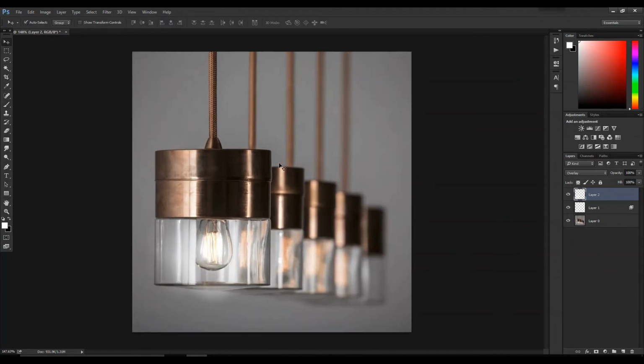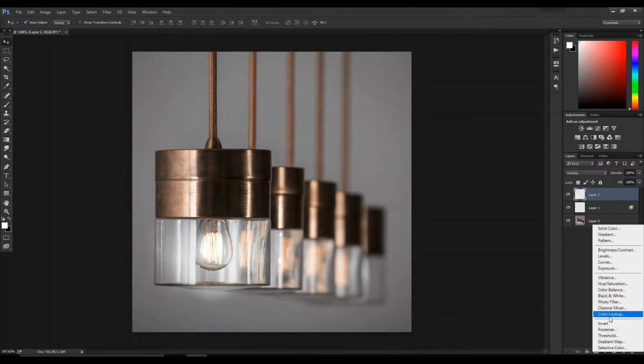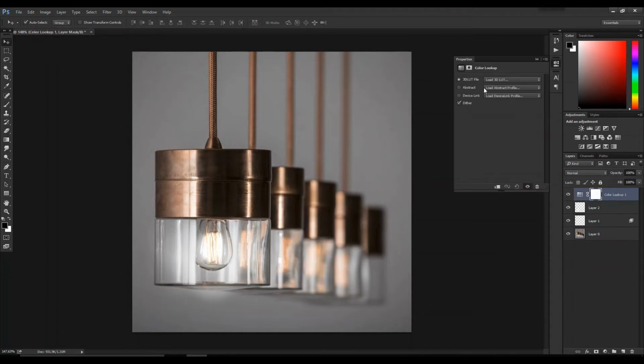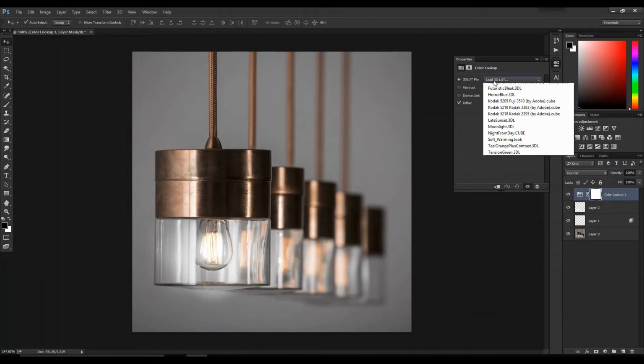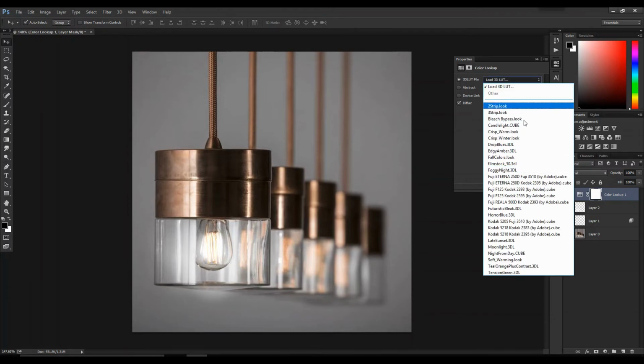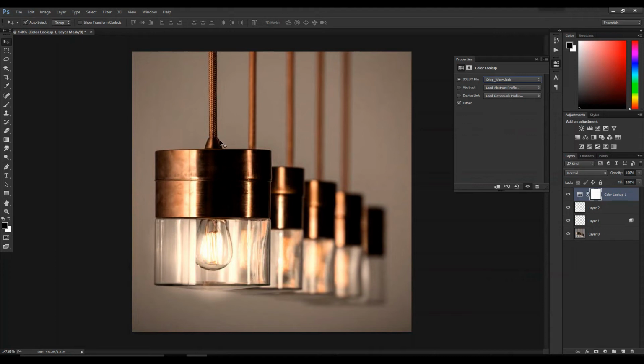An additional tip as well, you can also change the look of this from below. As you can see this icon, click on this and there's an option called color lookup. Simply click on this and click on load 3D LUT, and you will get a variety of options. You can select any of them. Let's say I'm using crisp warm look, and you can see this is how it will appear to you, and this is looking absolutely fabulous compared to the previous one. So that was all about this, and I'm hoping you all understood this method as well.